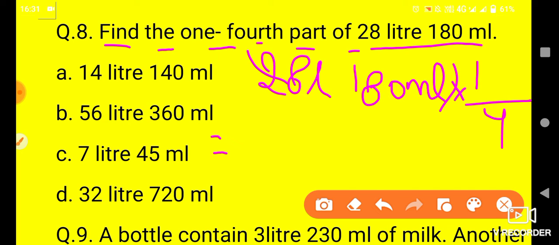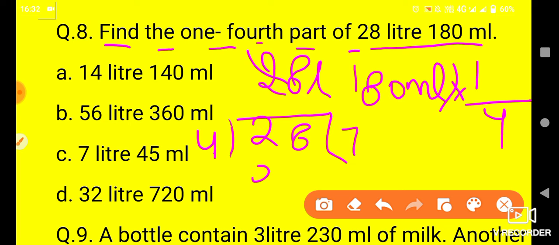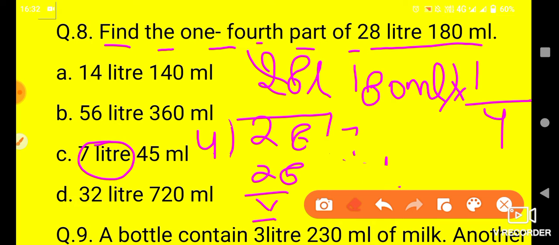What will we be doing in the question? We will divide 28 by 4. It means like this: 28 divided by 4, and 4 7s are 28. It means 7 liter. That is 7 liter. It is here. And now write again